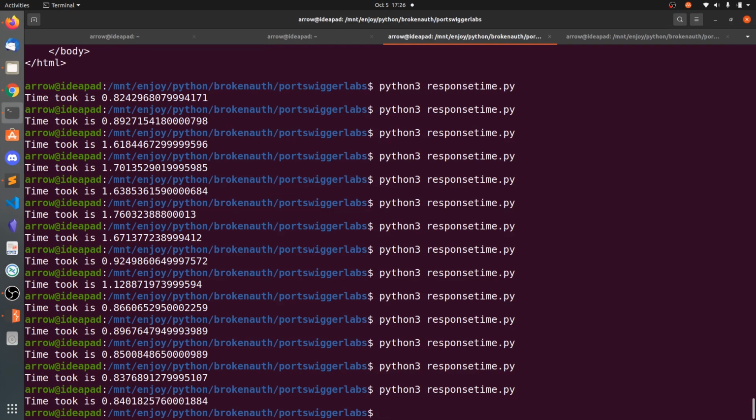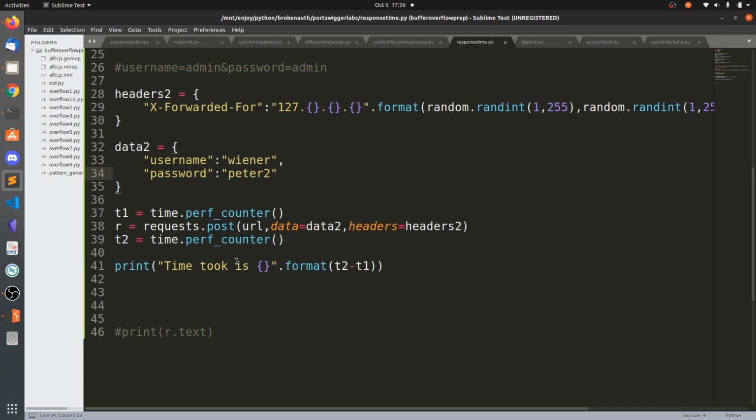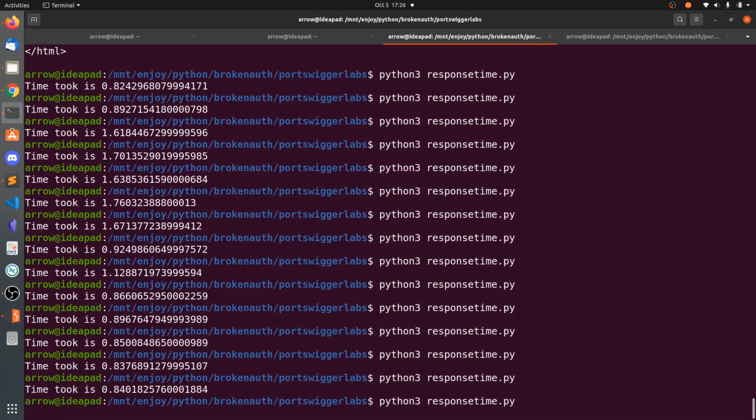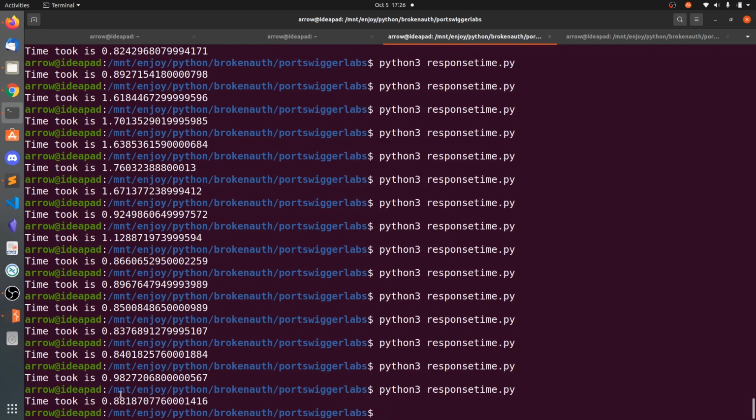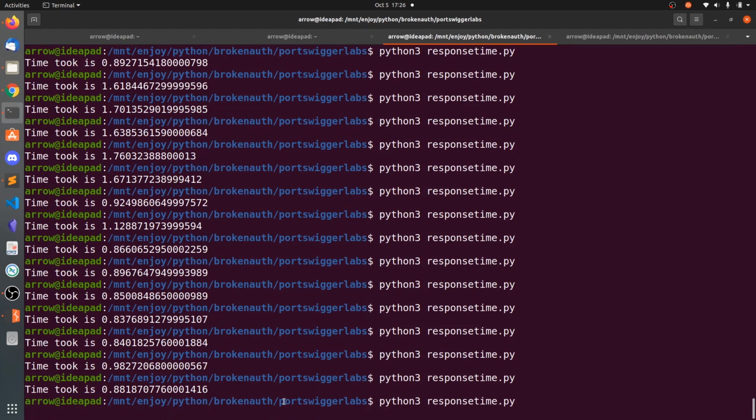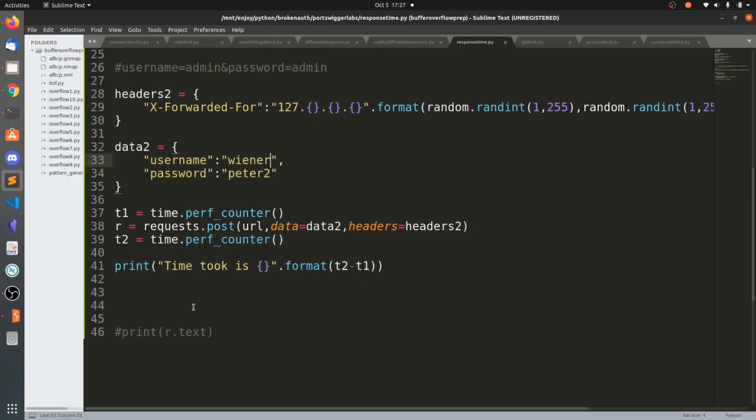This is where we are getting some difference. First let's try to brute force the usernames. If it does not work out, then we have to brute force both at a time. That's why I don't highly recommend depending on this method, because it also relies on your network speed and the internet traffic.